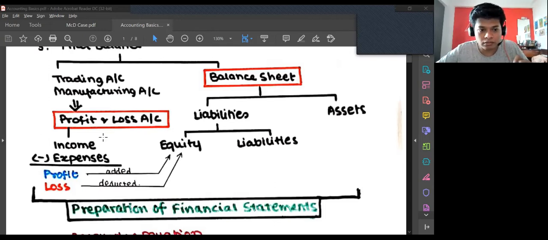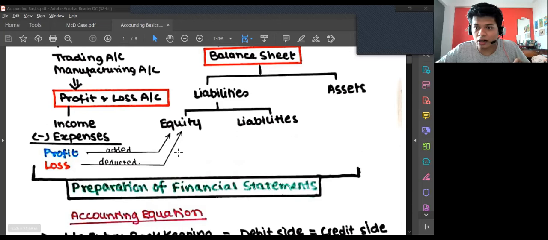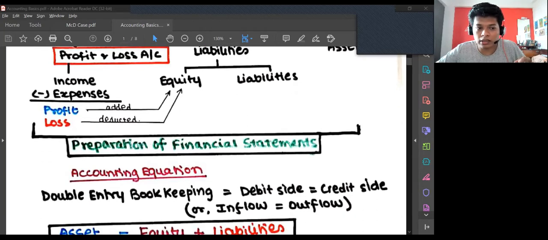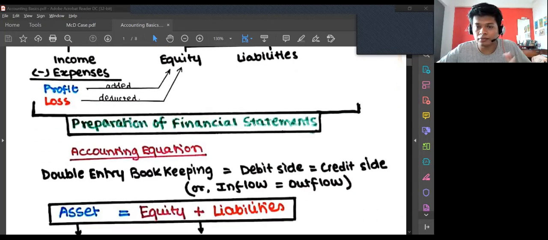I'm just moving on. Now there's something called the accounting equation, which is based on the principle of double entry bookkeeping. Now what is double entry bookkeeping? Double entry bookkeeping basically says that any transaction will have an impact on the debit side and credit side. Now what is the debit side and credit side, don't worry. Basically, whatever transaction there is, there will be two entries, one on the inflow and one on the outflow. Generally the inflow is called the debit side and the outflow the credit side. So don't get into the debit-credit part because you'll get confused.